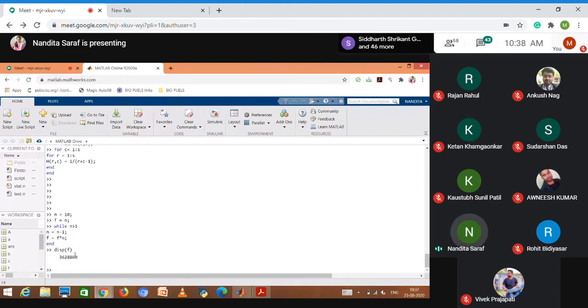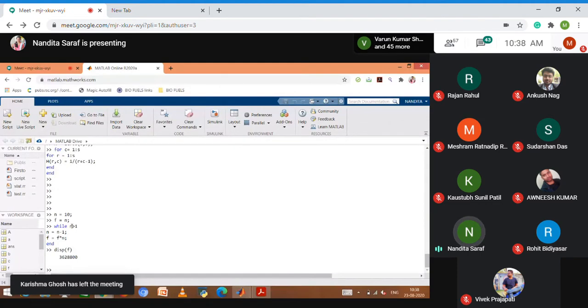So I'll explain this. We have to find the factorial of n, factorial of 10. I defined a variable n which is equal to 10, and f equal to n, which is also 10. Now let's start the loop.